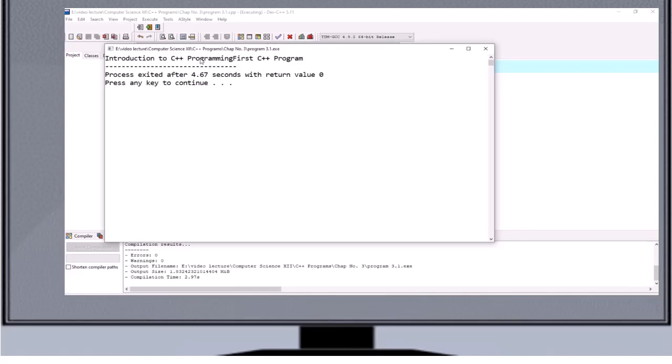Student, you can see here we wrote two lines and both lines show as a single line, and we need to print these two statements on separate lines.